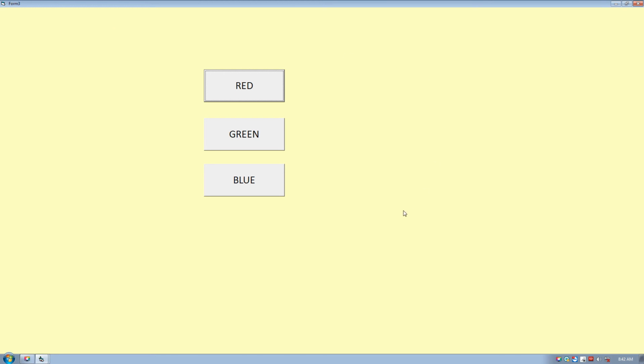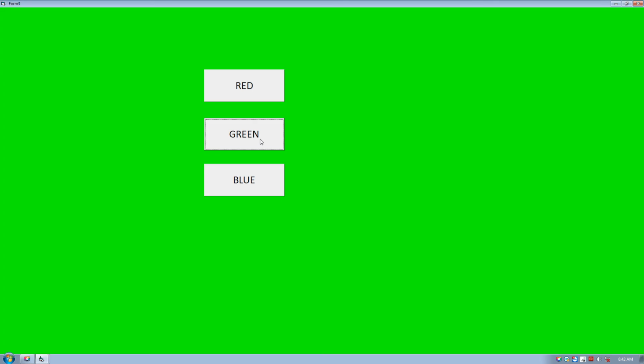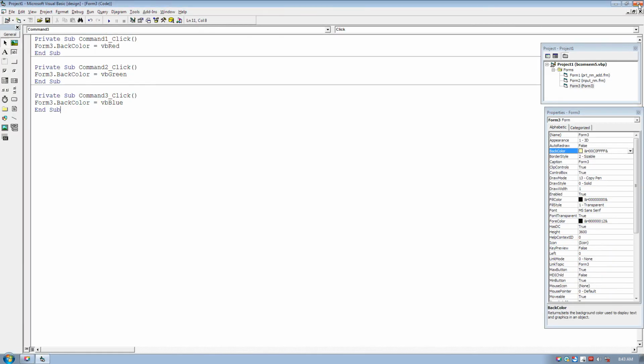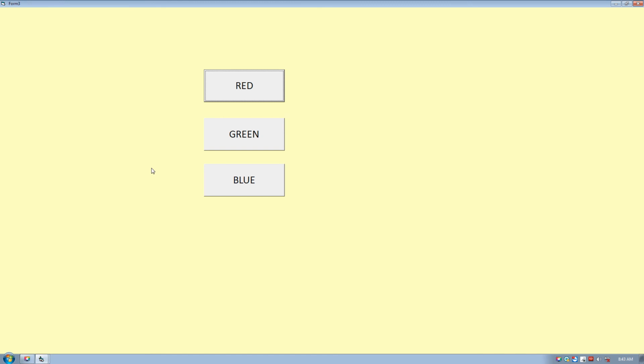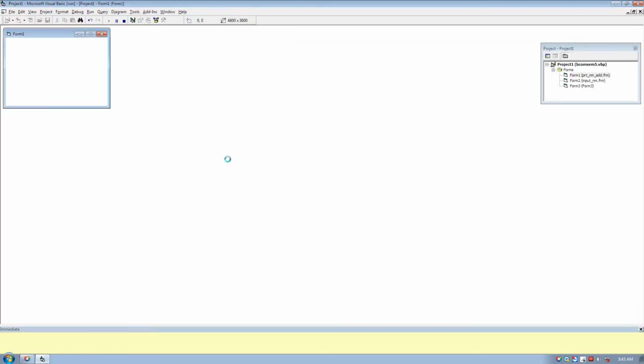Now I want to click on only one button, green, directly. That's it, I don't want to see anything beyond green. Okay, close this. Are you getting it? What I want to explain is that running the event totally depends on the user. Like when you run the program, at that time you can decide whether you want to run this event or not.